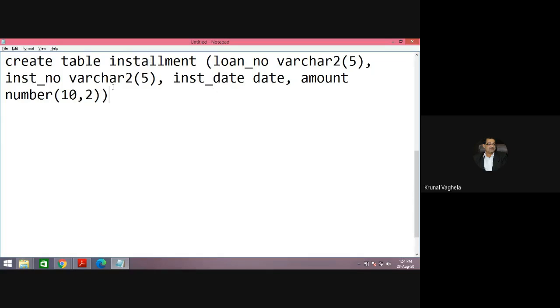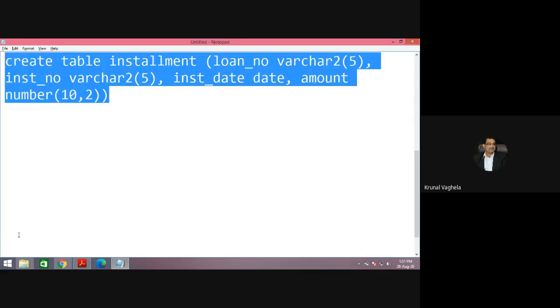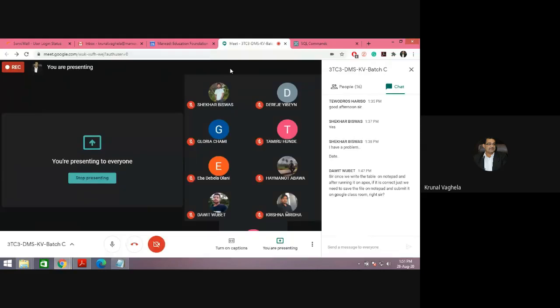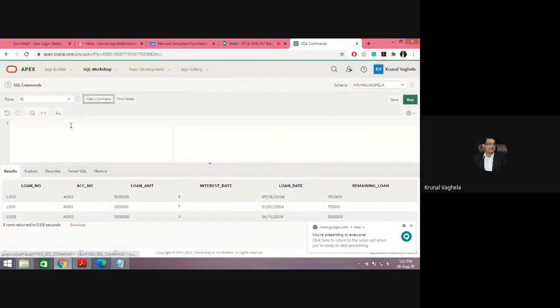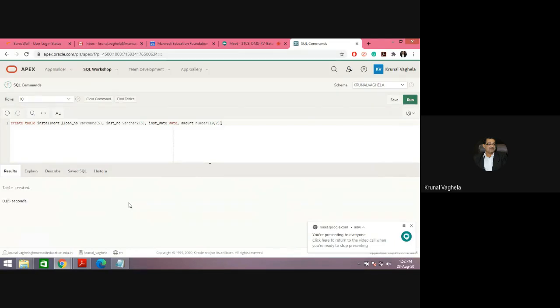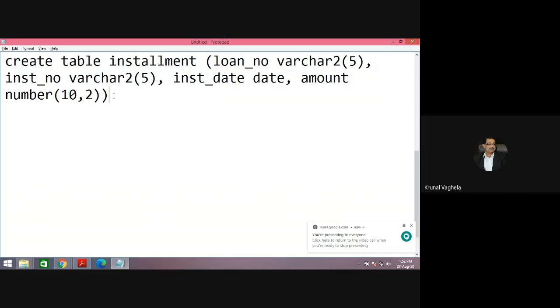Bracket over, Control C, Control V, table created. Let me insert the values. Insert into installment values.